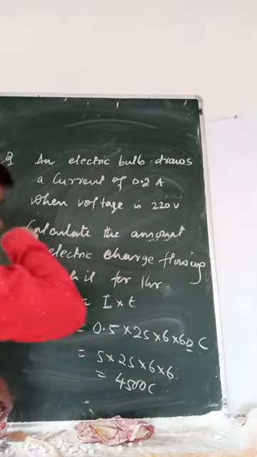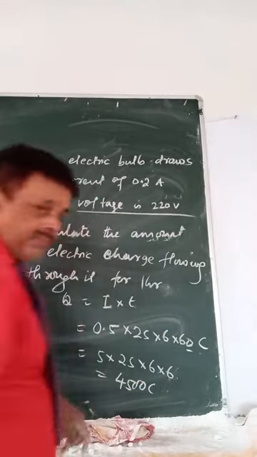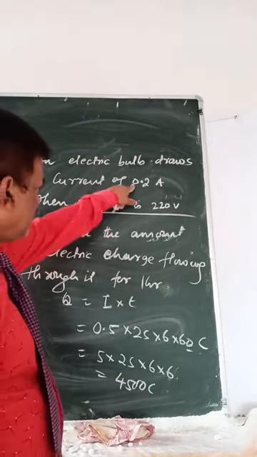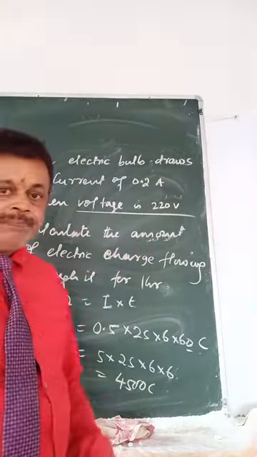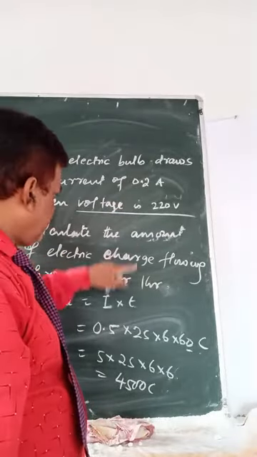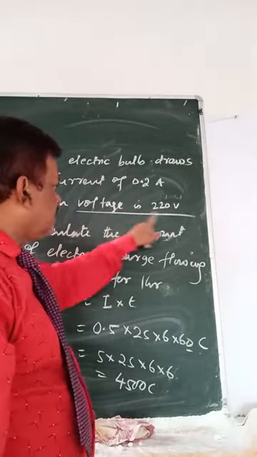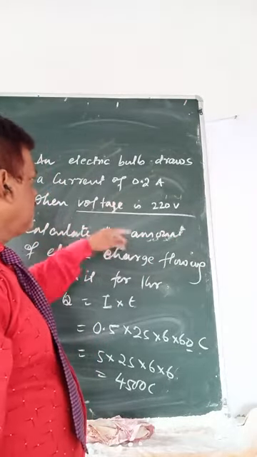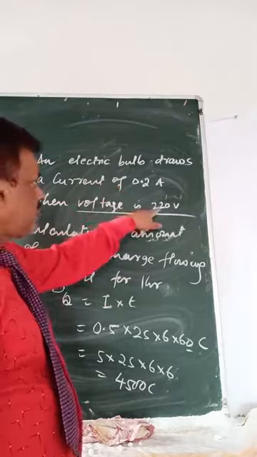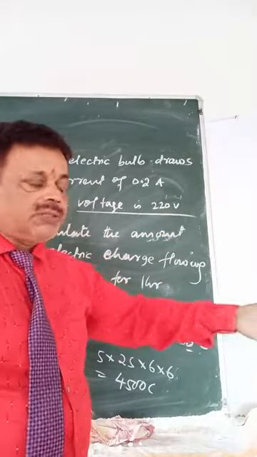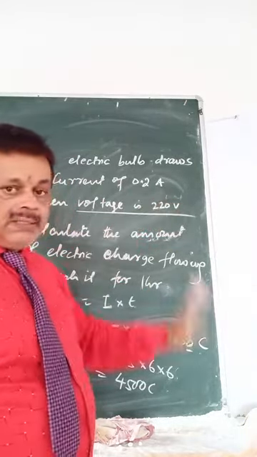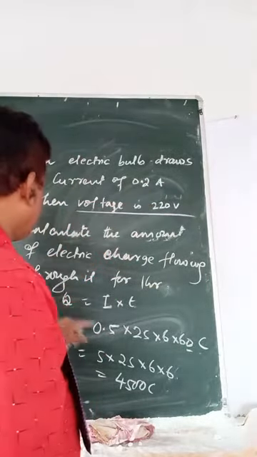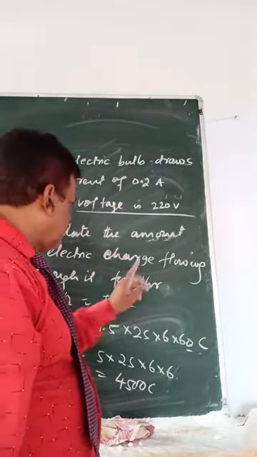A similar question I have taken, only I have added this line. You want to find the charge, your current is given, time is given, volt is given. But your current is related to charge and time. This is only a confusion for you. This is not required. It will remain in the question because the voltage of this bulb is 220 volt. When we go to the next 2-3 classes, we will explain this again. But now, your current is 0.2 ampere, time is 1 hour, and you want to find the charge.